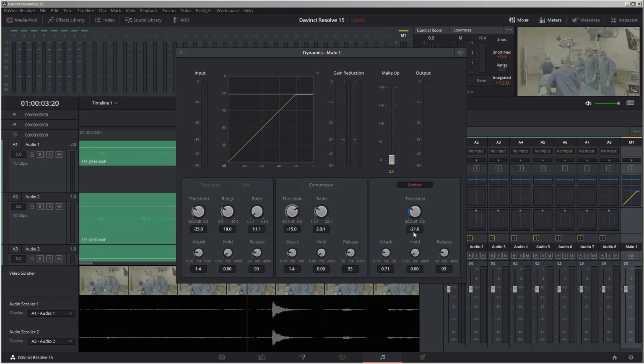You should never, ever, ever contemplate, it should not even cross your mind that you would limit at -21. I do not understand why Blackmagic made this huge mistake of setting this default value at such a level, because your dialogue is going to be at -12. So setting a limiter at -21 is out of the question.